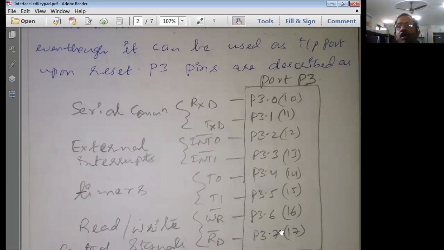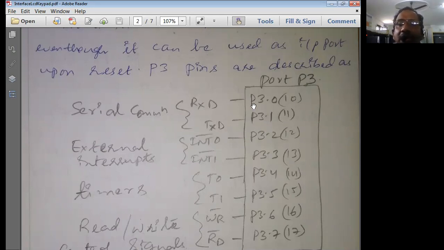Each and every pin has its own important working, so you should know each and every pin in port 3. Other ports, from port 0 to port 2, you need not bother much, but here you should know every pin's basic working.